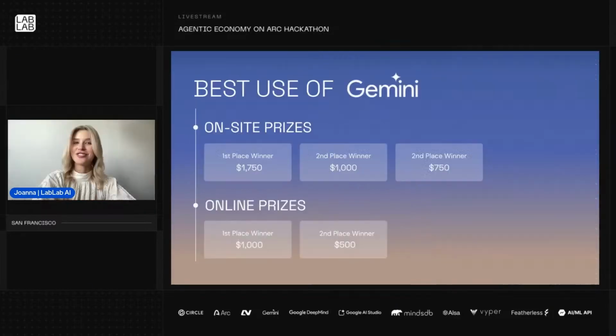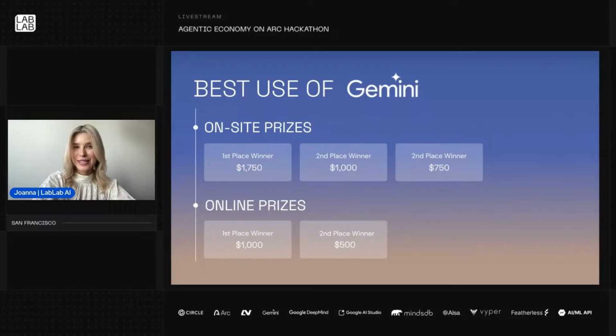Jumping to the extra prizes for this hackathon, those of you who decide to implement Google DeepMind technologies into the solution that you built, there's an extra prize pool waiting for you. For those of you who make the best use of it, Google prepared a set of prizes for the on-site participants. The first place winner is getting $1,750.